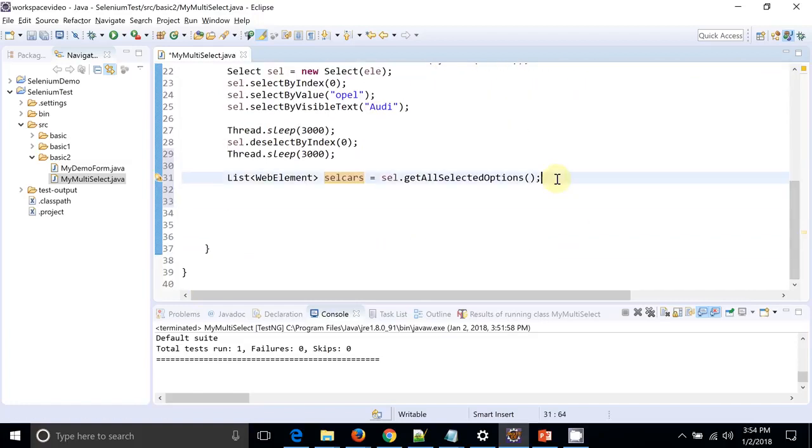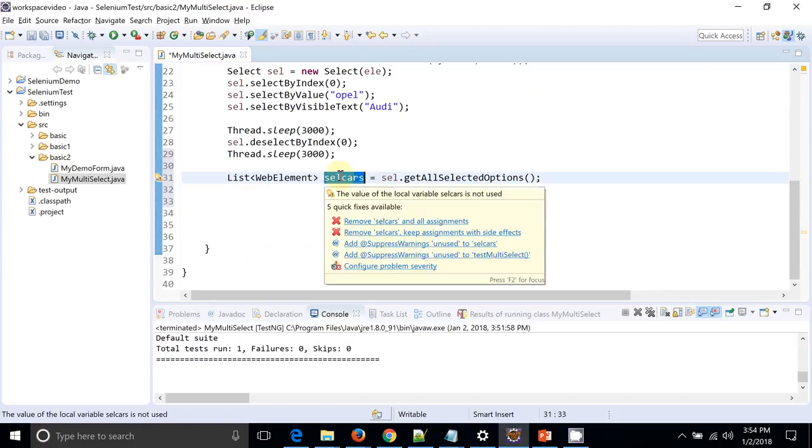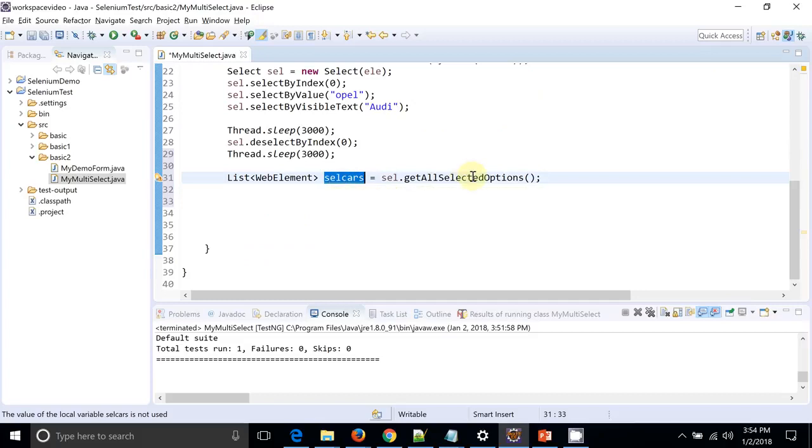Okay, let's do one thing. These are the elements, which means these are holding each and every selected option. So let's print it. We will use a for loop for that.